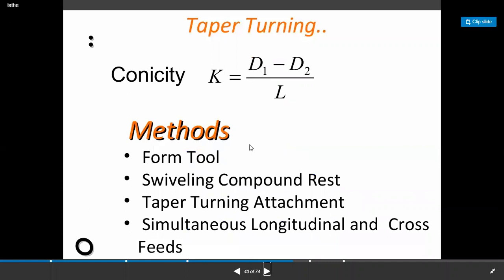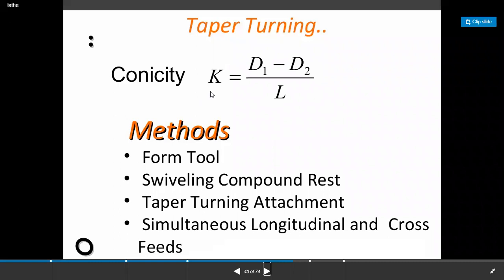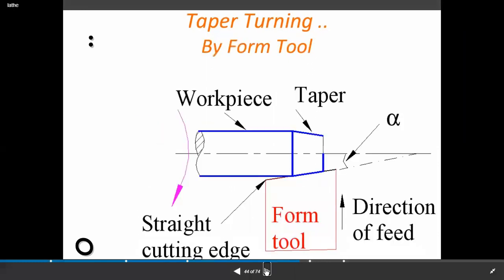These are the taper turning is that half taper angle is the alpha. But when you are taking as a 2 alpha or total angle, alpha by 2 and alpha, so this total angle is called as a conicity. This total angle 2 alpha is called as a conicity. So conicity K is equal to D1 minus D2 upon L, because that is a double angle. That half alpha is converted into conicity. So in taper turning, it is called as a conicity or called as a K. That conicity K is equal to D1 minus D2 upon L. So it is very important as per your taper turning operation.